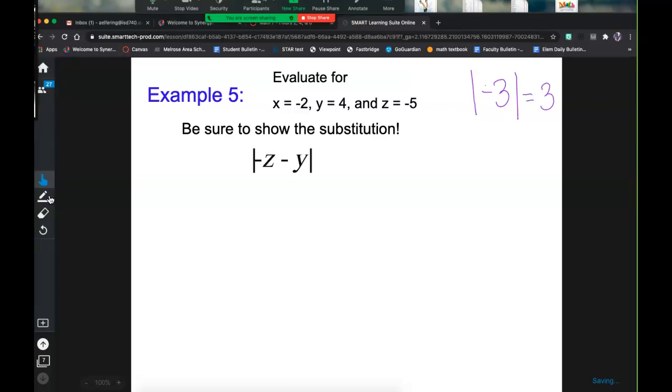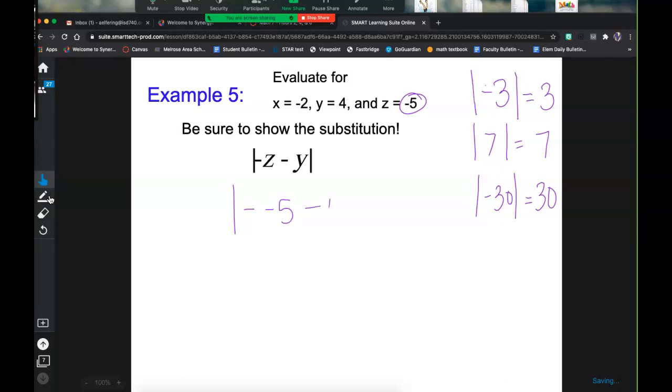Remember, it's how far a number is from 0, and it's always positive. So what's the absolute value of 7? Raylan? 7. And the absolute value of -30 is what? 30. It's always positive. So when we look at this problem here, it's the absolute value of negative, because there's a negative sign there, and then z. And z is -5. So -5